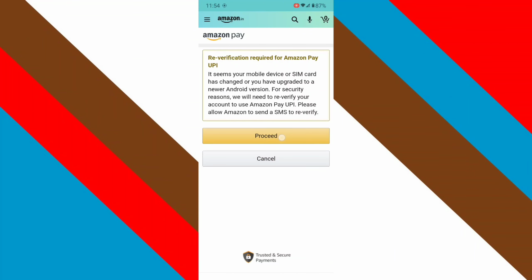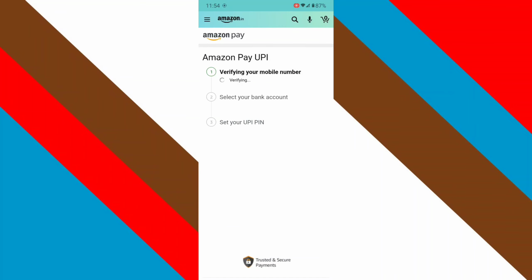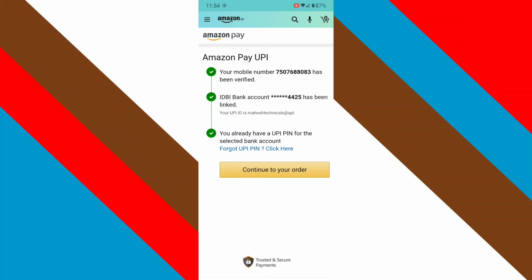So click on that, then it will ask you to swipe to pay. If you want to pay, then just swipe right. So I'm going to swipe right here. Now it will start payment processing. First of all, it will ask you to verify your phone number with your bank account. You can see I just allowed some permissions and it is processing right now. So wait here until it completes. You can see it's complete.